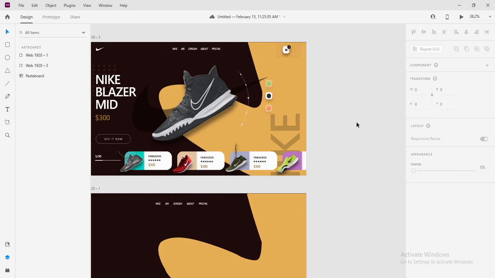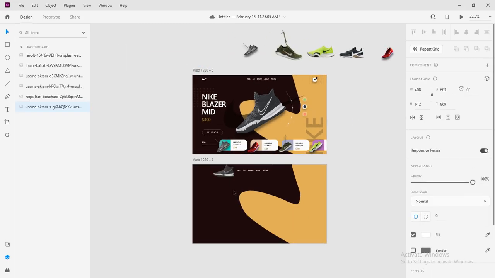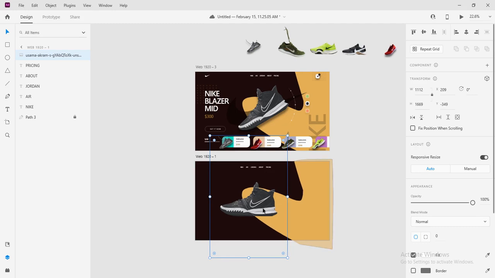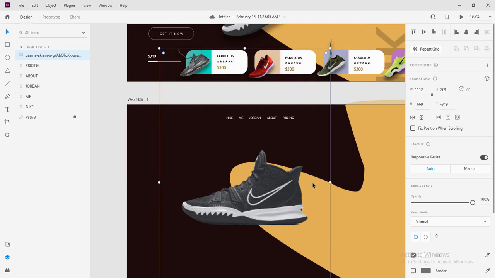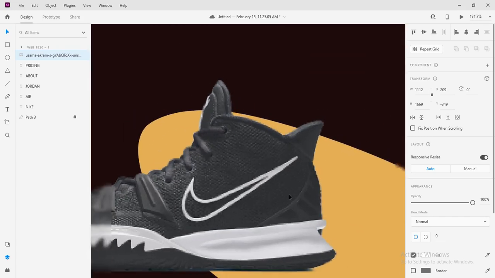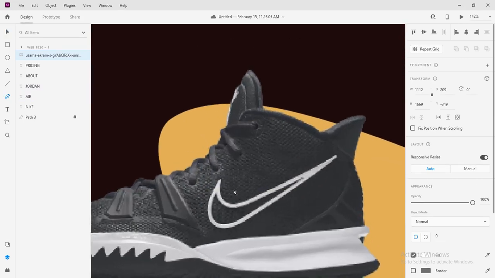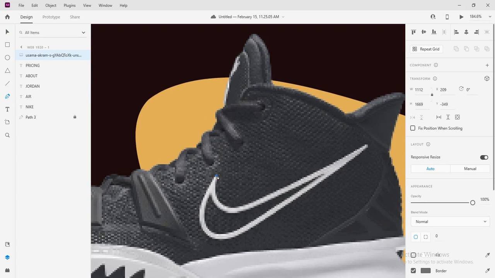We'll be using the pen tool again, but in your own case, if you are still trying to learn how to use the pen tool, you can just go online and search for a Nike logo. Make sure it is transparent. But in this case, you can just play around or try to work out your pen tool muscle again. So I'll be creating the shape from this shoe, sneakers so to speak, and to create the shape here, let me just zoom in. I think that's fine. Then I'll select the pen tool. Just very simple, guys. I'll trace along this